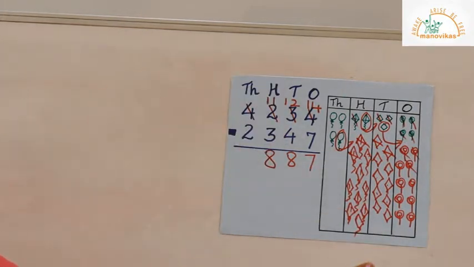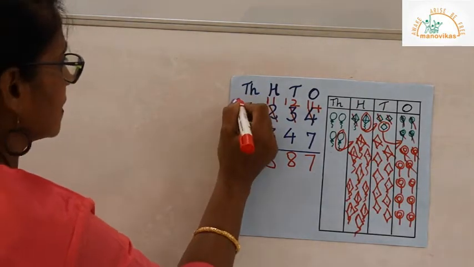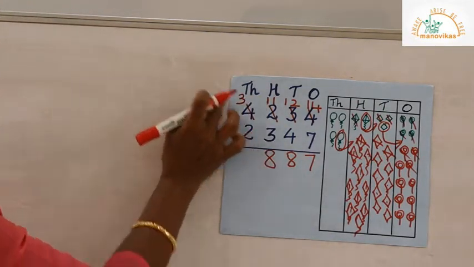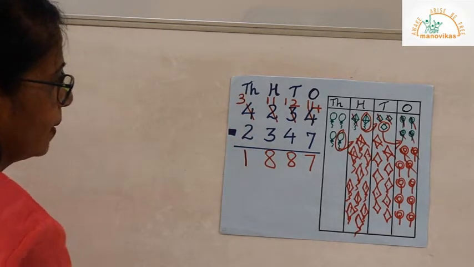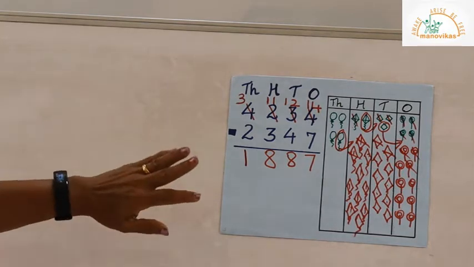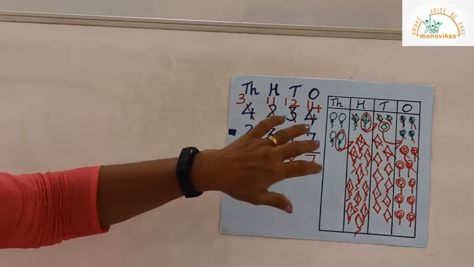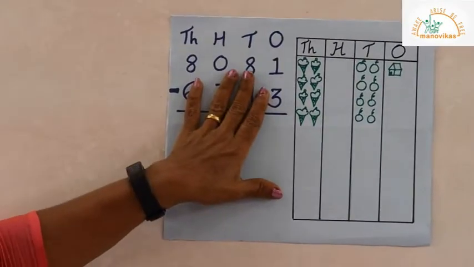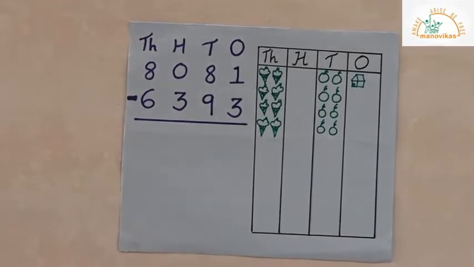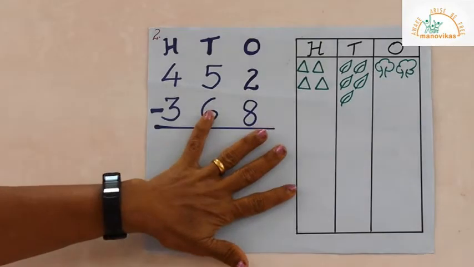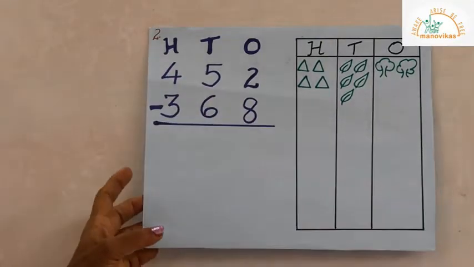Here, since we have given away and the hundreds place has borrowed 1 from the 1000, we get 3. And when we minus 2 from 3, we get number 1. So the answer, or the difference, what is left, is 1887. This is for you to try at home and enjoy doing subtraction. Here's another one of 3 digit. So you can do 4 and 3 digit for your practice.